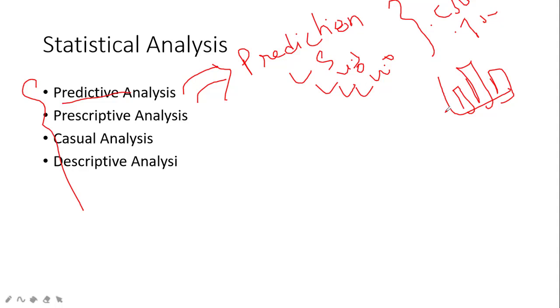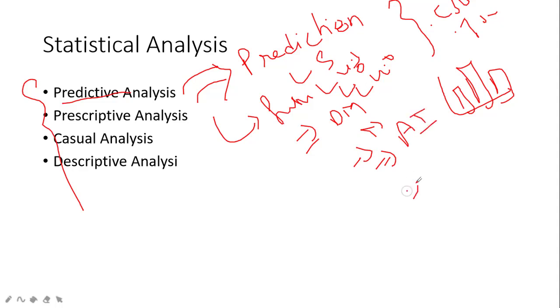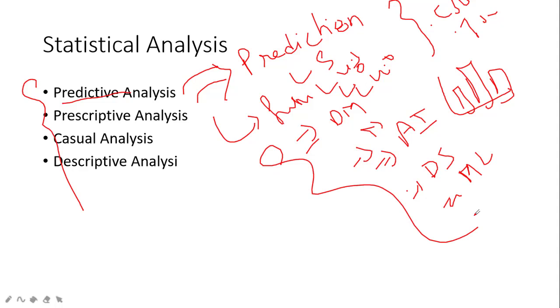With the help of predictive analysis you can use a variety of techniques like data mining, modeling, AI, machine learning and data science. What the future wants is the technique of data mining and modeling, then AI (artificial intelligence), data science, then machine learning. All these concepts move toward predictive analysis.